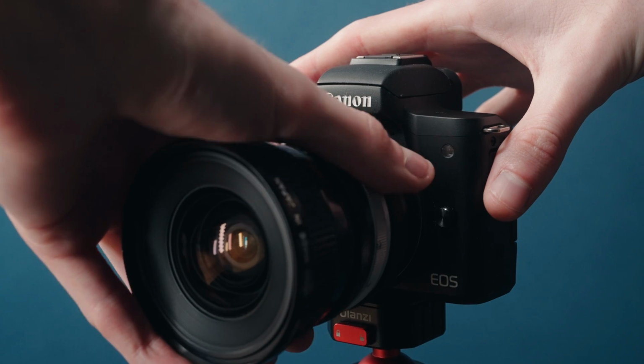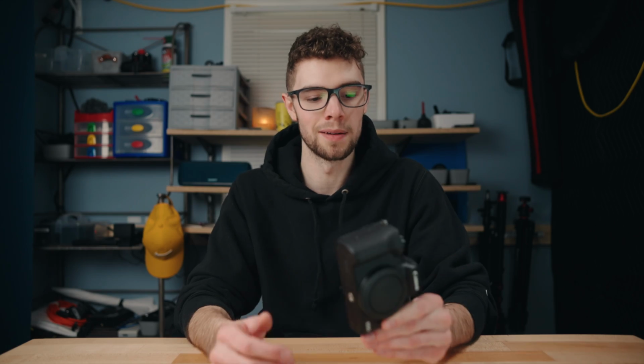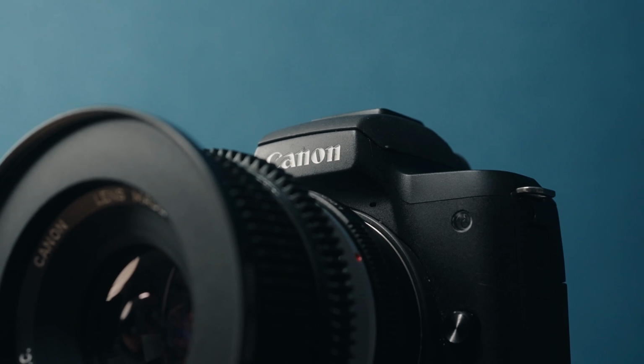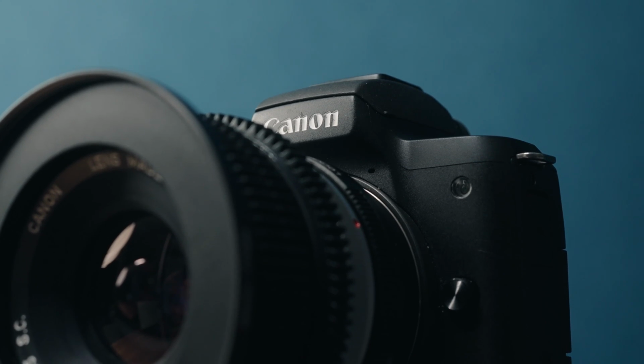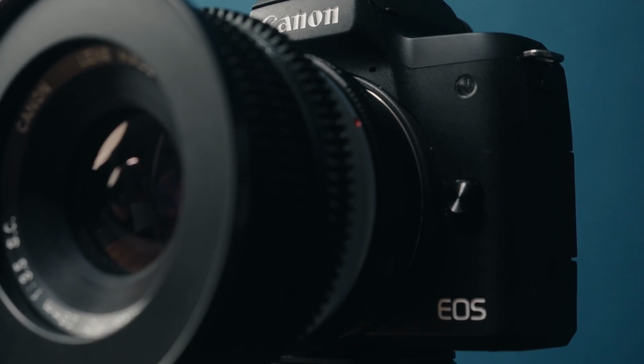So for the price point that you can get the M50 at used on eBay or locally or something like that, this is an amazing option for recording YouTube videos or vlogging or really any sort of photography as well. This is kind of an all-in-one package. It pretty much has most of the stuff you'd need for beginner video, beginner photography, or even up to intermediate video and photos. The video side is lacking a little bit, but you can get this for like $400